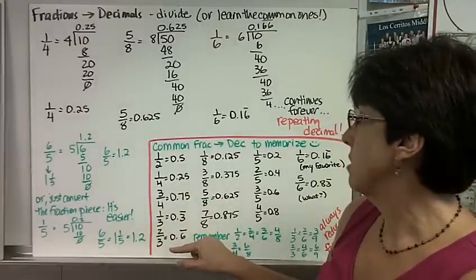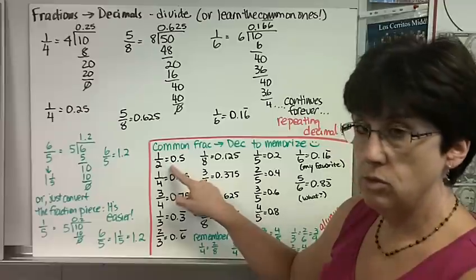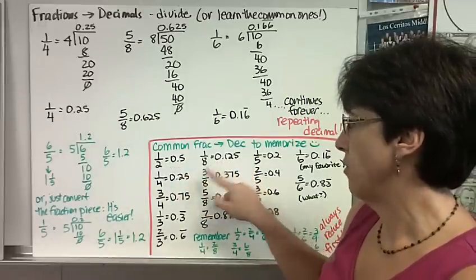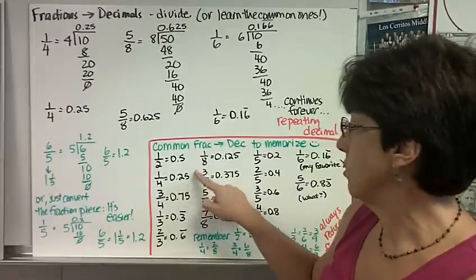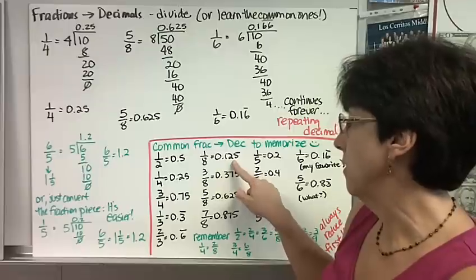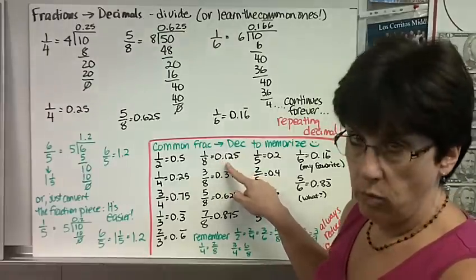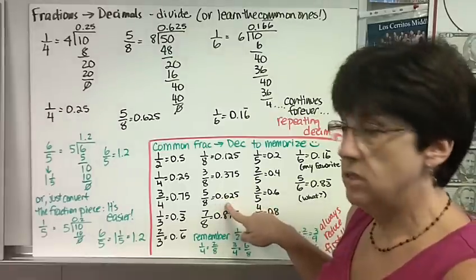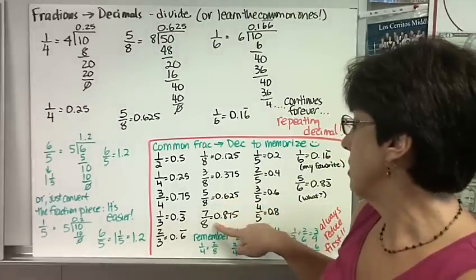Okay, because 2/4 is the same as 1/2. How about the eighths? 1/8 is half of 1/4. If you added a 0 onto this, half of 250 is 125. Okay, so 1/8 is 0.125. 3/8 is 0.375. 5/8 is 0.625. 7/8 is